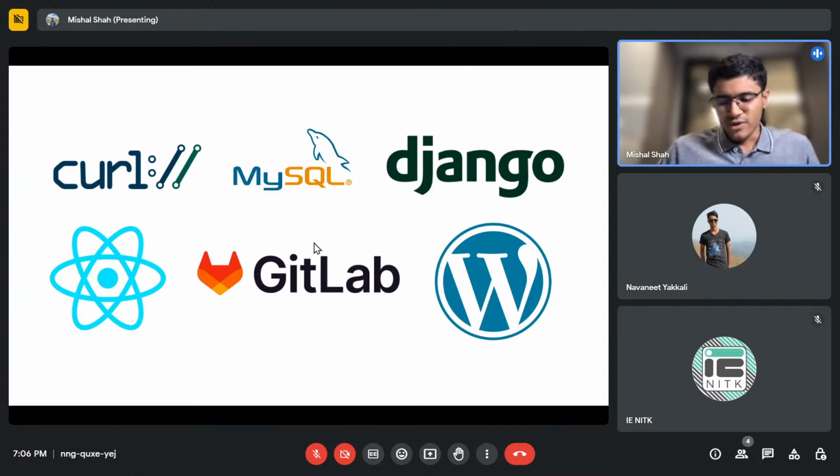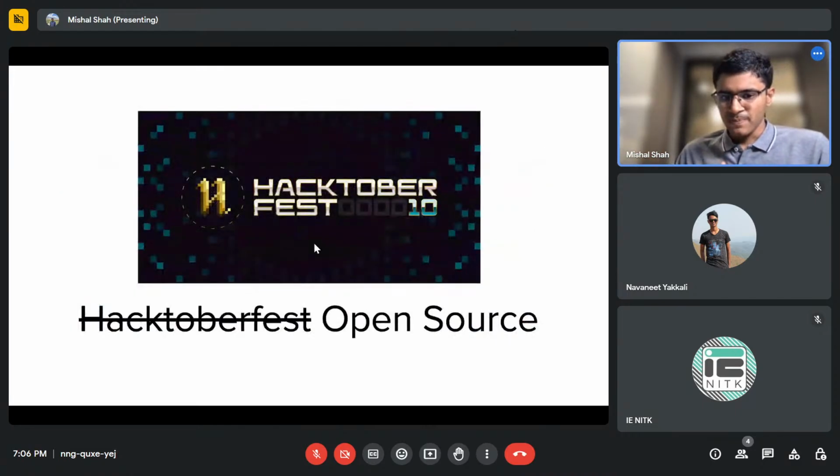And React is one of them. I think a lot of websites are being made on React. So all of these software are open source. That is the common theme. And if all this software excites you, open source will surely excite you. So that is what we'll be going over.